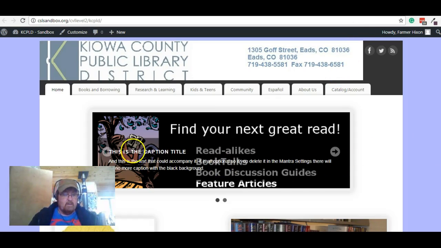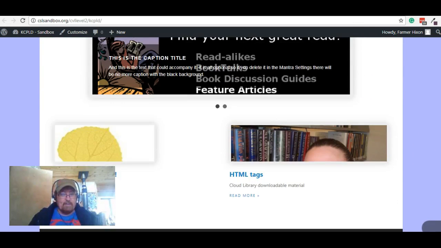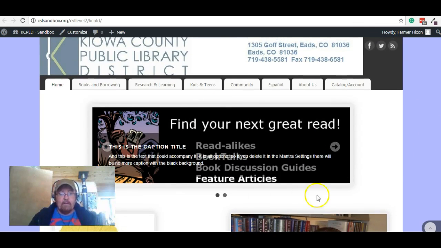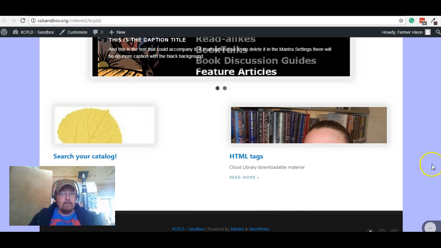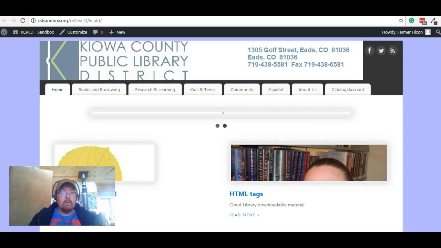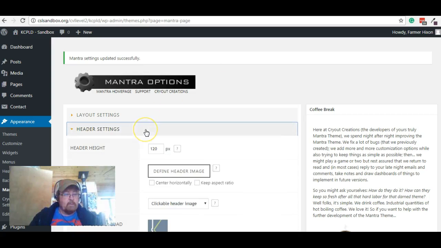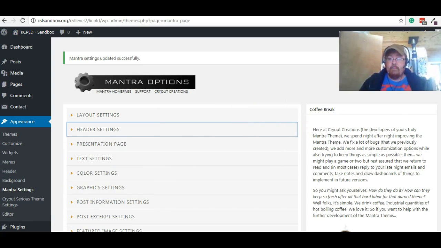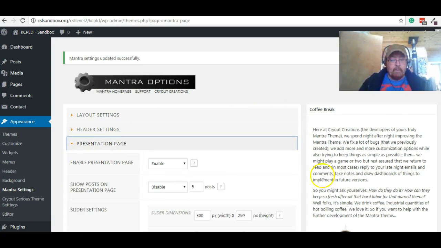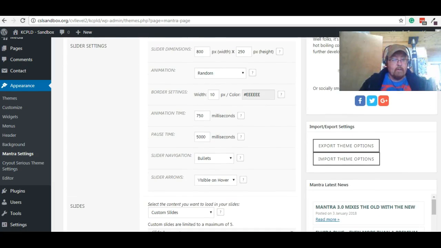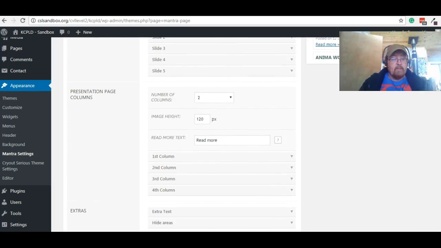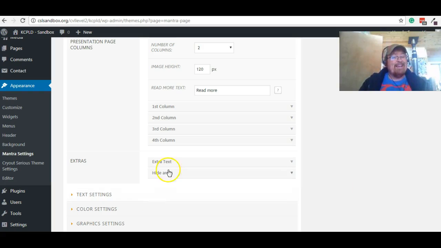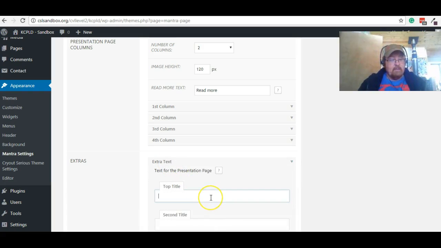Okay. So I should take out that text because the caption titles are in the way. But that would be like if you had a slider in the 2 columns. And there's also, and I should point this out. Oh, not header. No, I'm just moving myself all over. There we go. Presentation page. Under the sliders, under the columns, in the extra text. So I'm going to put that in top title